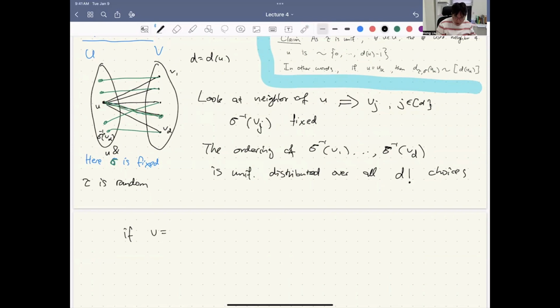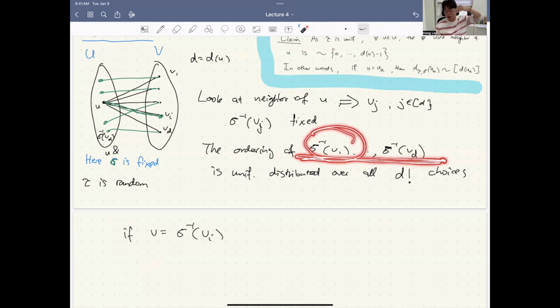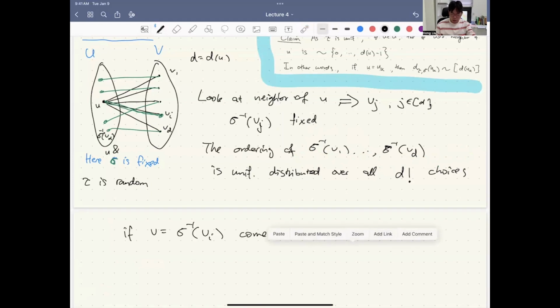Now, if V is mapped to Vi, then we need to look at the position of this inverse of Vi in this sequence of D sets, in this set of D vertices. You look at this position. If it comes first, that means no previous neighbor is being used. If it comes last, that means all the neighbors but one are used, so you have no choice. So in other words, if V equals this pre-image comes in position